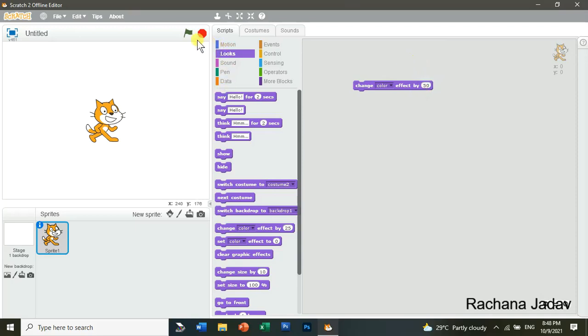right? And you can see I'll just play it over here. देखिए color change हो गया to 50, so it is turning green. You can take any sort of color. Okay, मैं इस पर double click करूंगी and yes, it is blue. So most of the color effects range from 0 to 100. 0 से 100 के बीच में ही होते हैं, right?